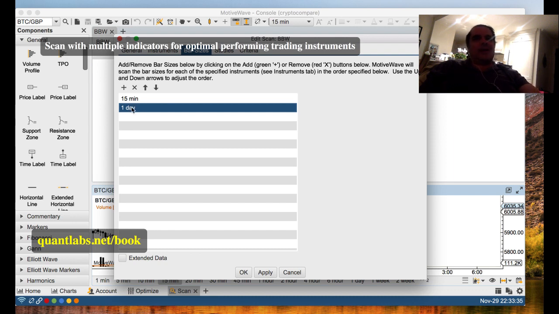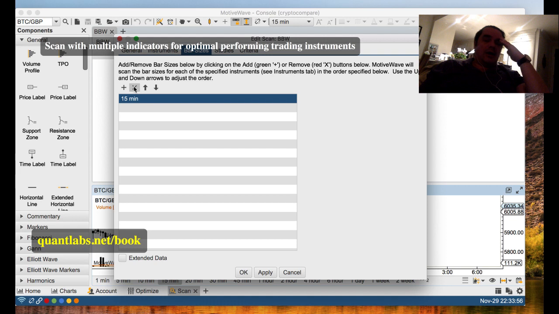If you do the 1 day, that will help confirm that what you're seeing in the 15-minute would be applicable to daily data, meaning that the trend you're scanning for may actually last longer than just a couple hours. It could last for a day, a couple of days, who knows. I'm going to take this out for now, but I wanted to highlight that to you as a test, to see if there is a trend that you can scan at the intraday level in 15-minute, hourly or even 4-hour, and then scan it on the daily 1 day to see if it's going to go beyond